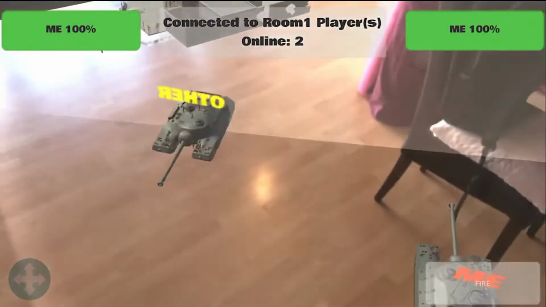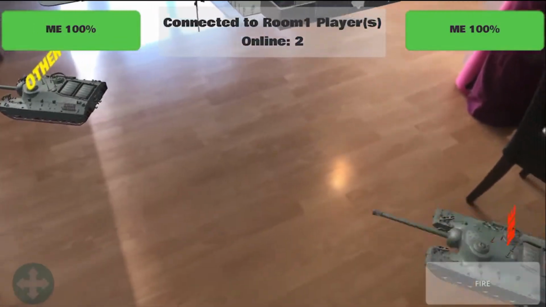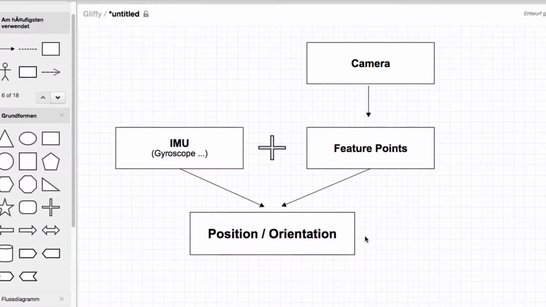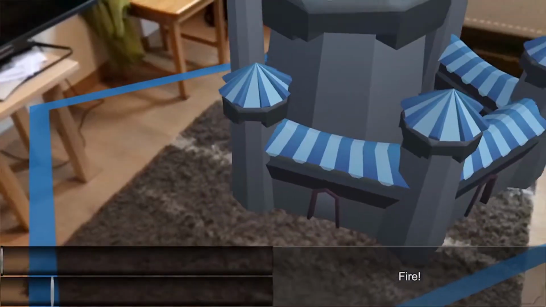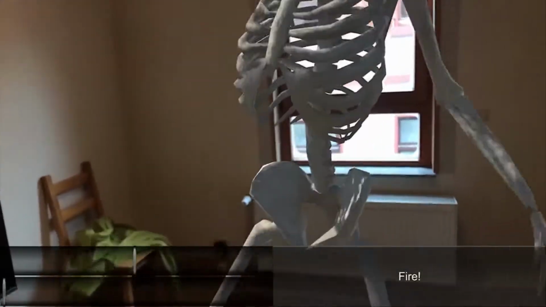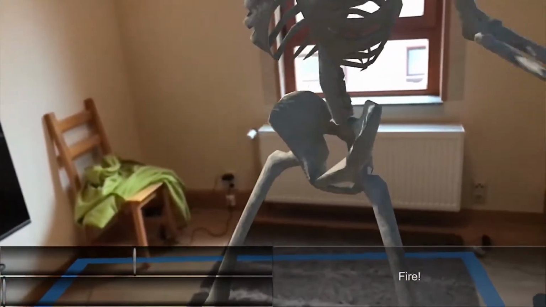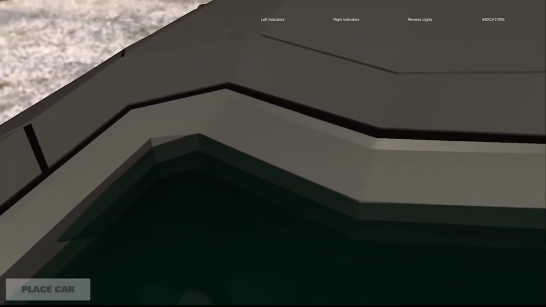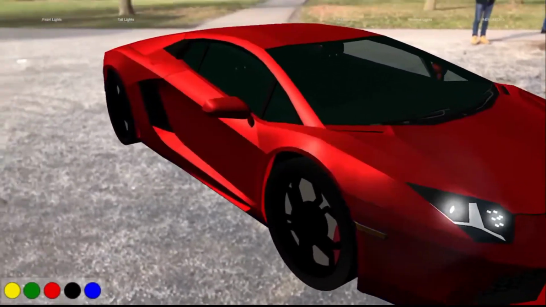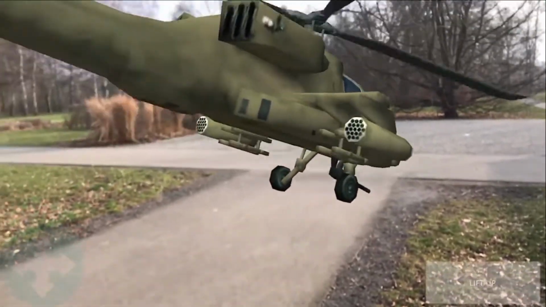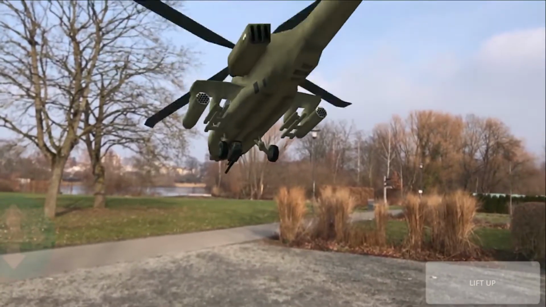In order to create the main app, so the multiplayer AR game, we will need a lot of knowledge about augmented reality and multiplayer games. Therefore, we will start with the basics of augmented reality per se. For example, by having a look at different possibilities of how we can initialize the AR content in the real world by creating a car app in augmented reality. There we can generate planes automatically, and on that we can place the car. The color of the car we can change as well. We will create a markerless life-size helicopter app where we can control the helicopter with UI buttons.